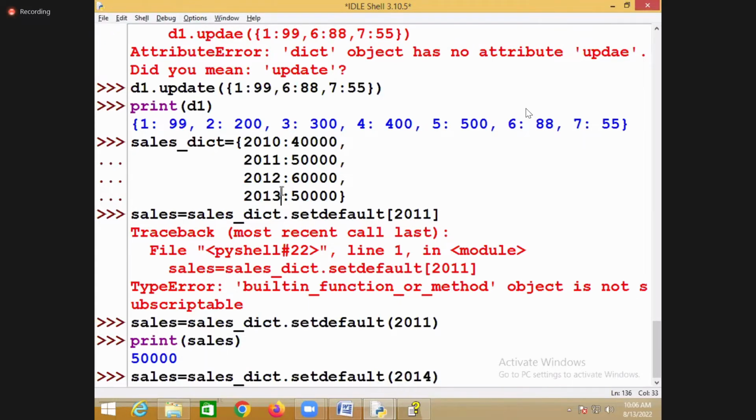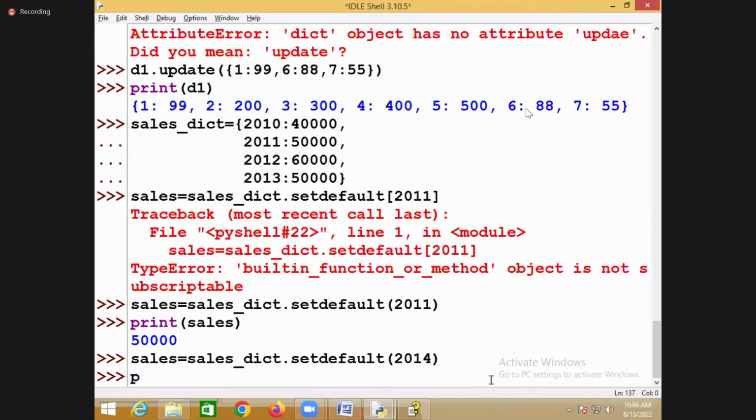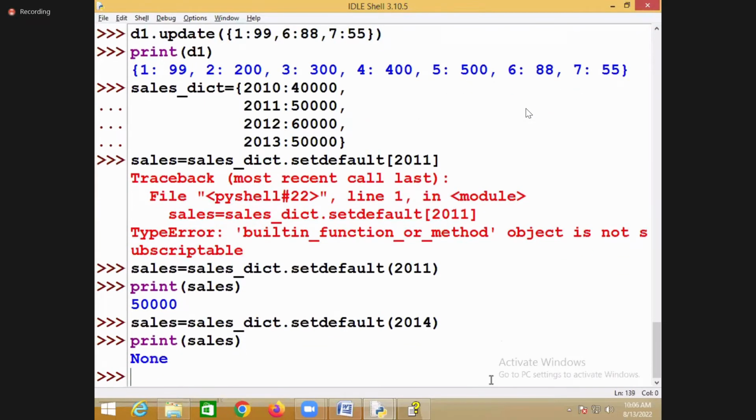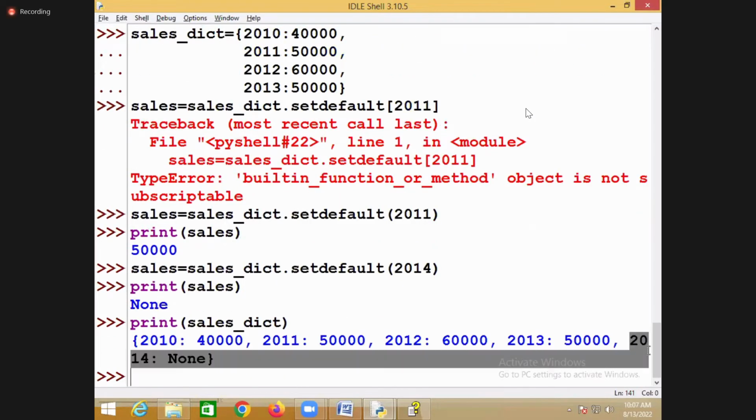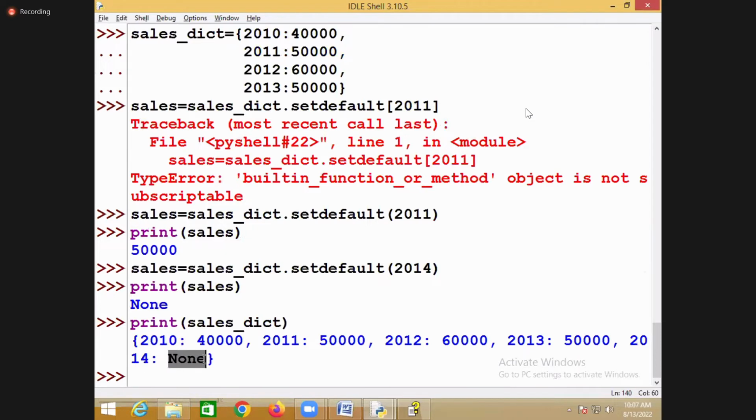2014 does not exist, so what will it do? It will insert, with the value None. So what is the sales of 2014? None. But if you see the sales dictionary, it will add 2014. 2014 is added with the sales of which one? None. But if you don't want to insert None, then you can define the default